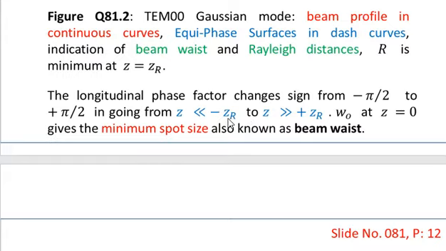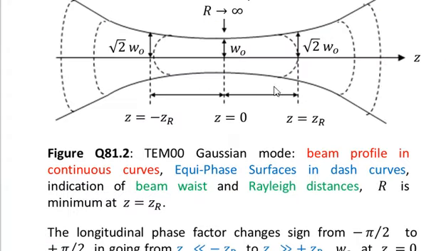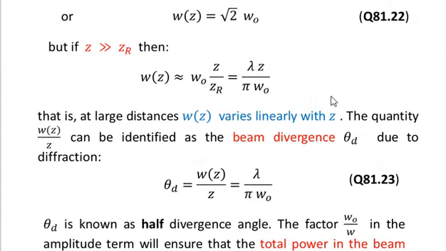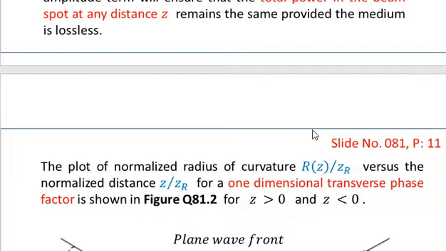you see that z over zR becomes much greater than 0, and w naught at z equal to 0 gives you the minimum spot size and is also known as the beam waist. You see that in this figure w naught is the spot size at z equal to 0, which we call the beam waist, and the phase factor due to this term, for example the phase factor which I have shown over here,